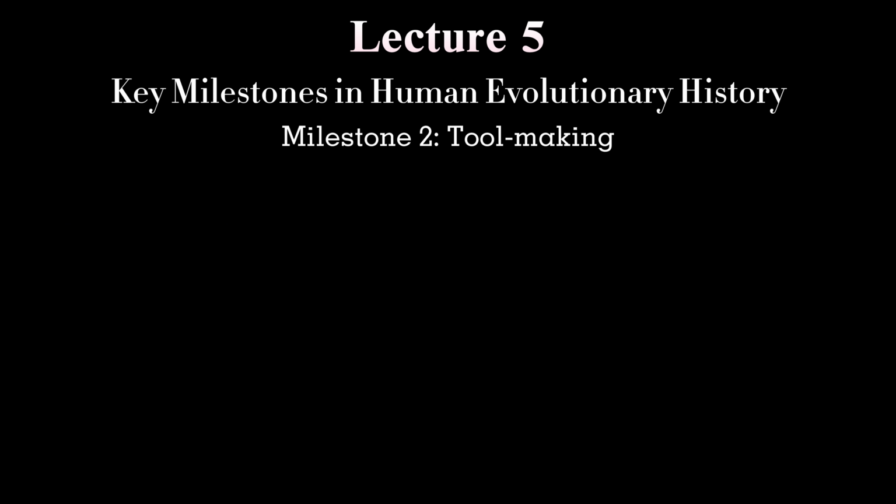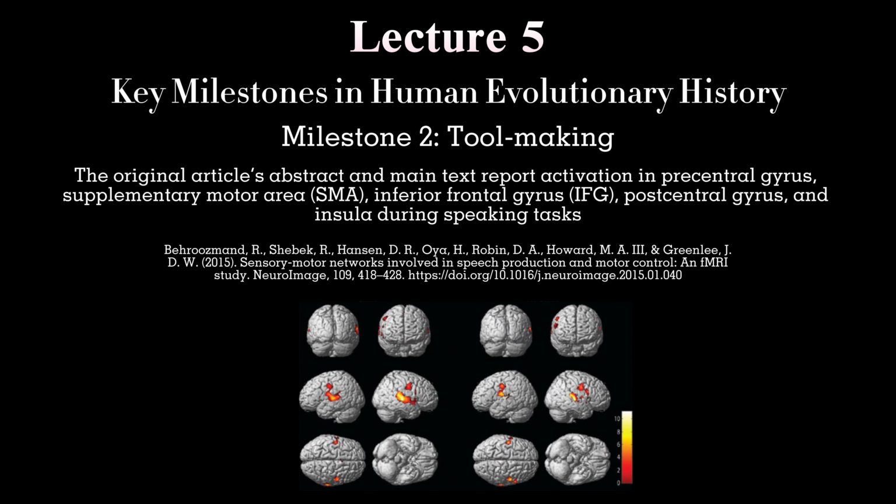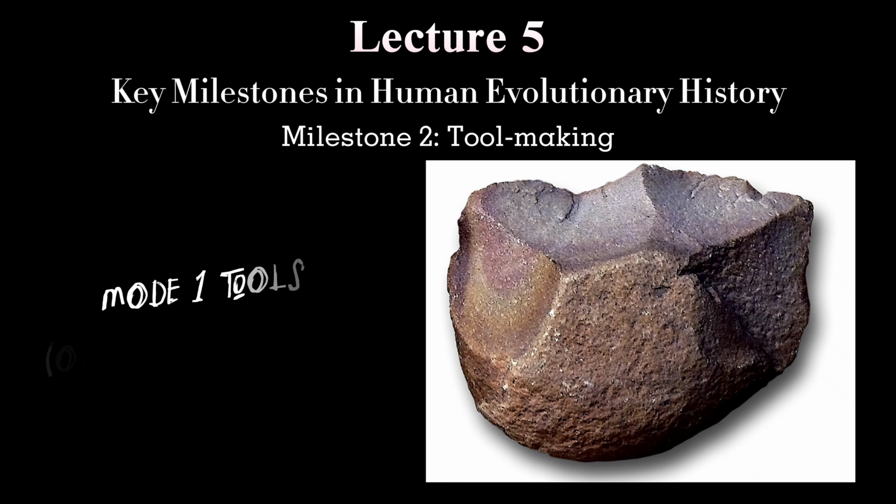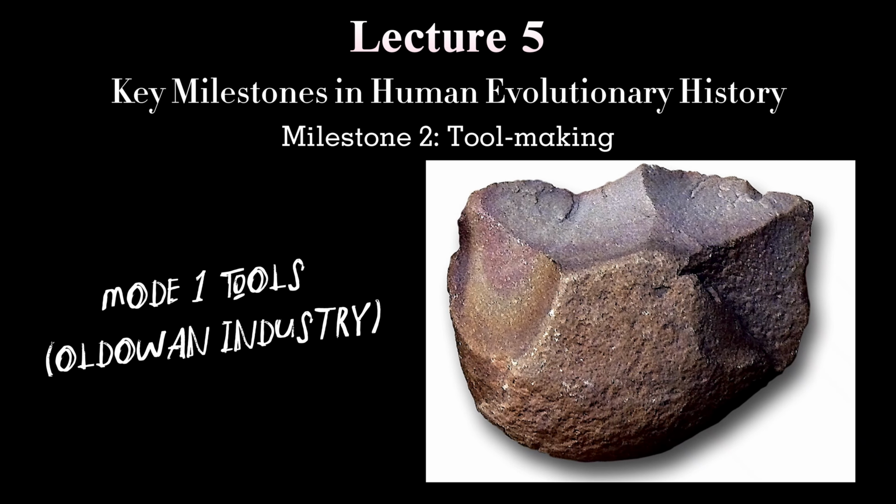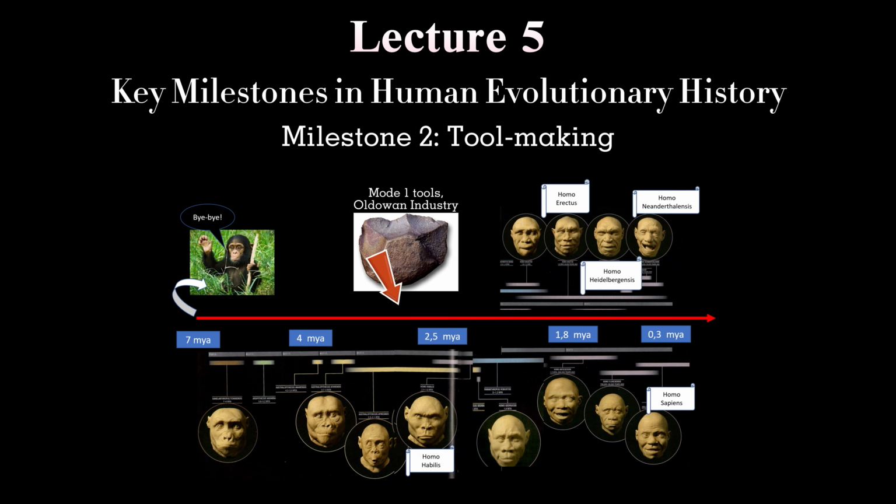The connection is supported by neuroimaging studies, which show that some of the same, or adjacent areas in the brain are activated during both tool use and speech production. But let us face facts, the so-called Mode 1 tools, simple stone axes associated with the Oldowan industry, appeared around 2.6 million years ago. Even earlier artifacts, dated to 3.3 million years ago, were discovered at the Lomekwi 3 site, in West Turkana. None of these, of course, were produced by Homo sapiens, but by earlier hominin species, who over the course of millions of years of existence, left no evidence of possessing language or symbolic thought.